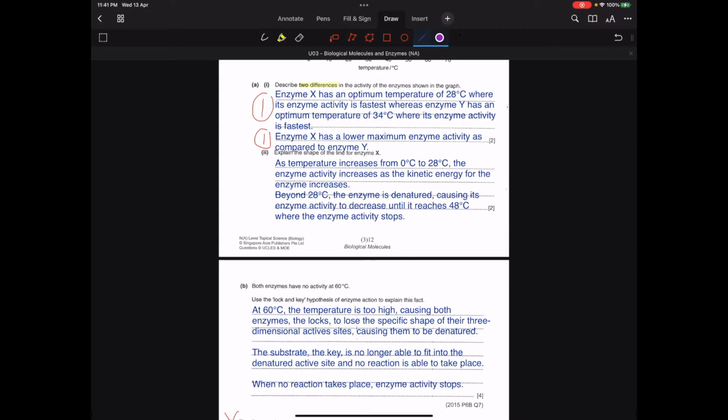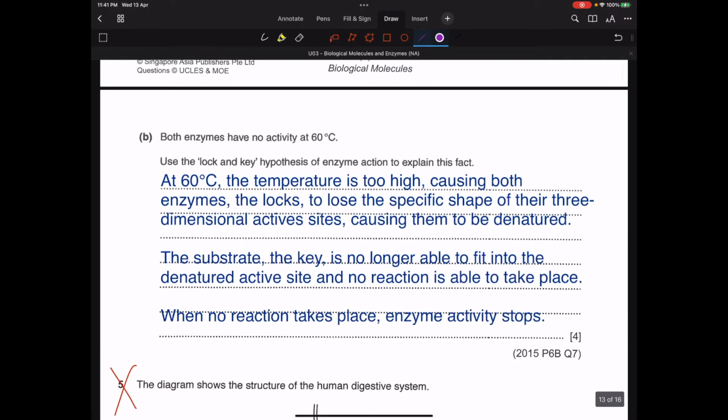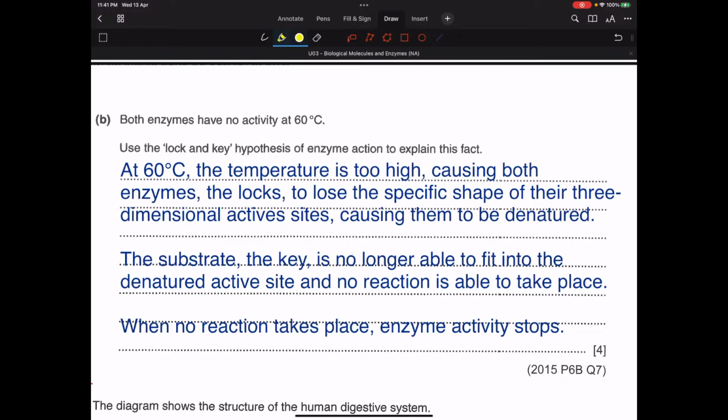Finally, moving on. Very important in a question that states down that you're supposed to use lock and key hypothesis. This is a quick indication that you are supposed to utilize the words locks and keys in this particular one. So the enzyme is your lock over here, and the key is your substrate, or the substrate is your key over here. So make sure you put that in, because like that, each of them is already worth 1 mark each. Then as we go along, we always talk about